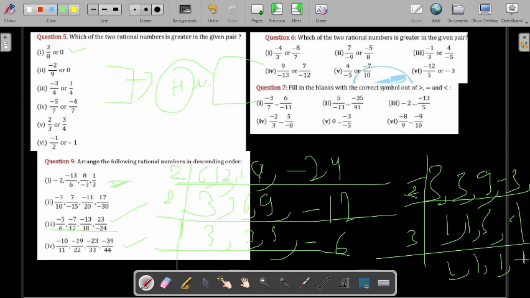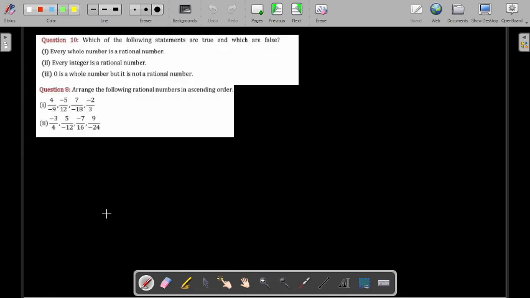Now you have to convert all of these into like denominators, meaning the denominators should be alike, not unlike. Just convert them and simply solve the questions using the numerators. Understand this question? Let's move. What is the next question? Question 10. Which of the following statements are true and which are false? In ascending order, I will tell you in one part. Simply if you convert them into like fractions and solve it, there is no problem. So this is also homework.